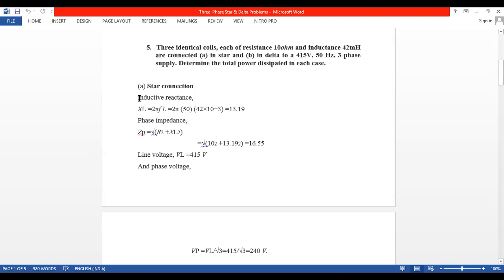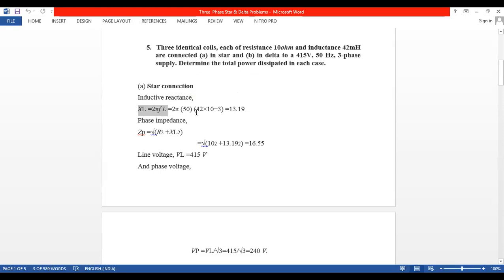Now you see all of you, the question is to calculate for star and delta. We'll do the star first. Now you see, immediately inductance is given, convert that to inductive reactance. Okay, so what is the formula for XL? All of you, we have done it already. XL, inductive reactance, equals 2 pi f L. So 2 into 3.14 into 50 into L. If frequency is not given, by default we have to take 50, because in India it is 50 hertz. Generally they will give it in the problem, and 50 we have to take.